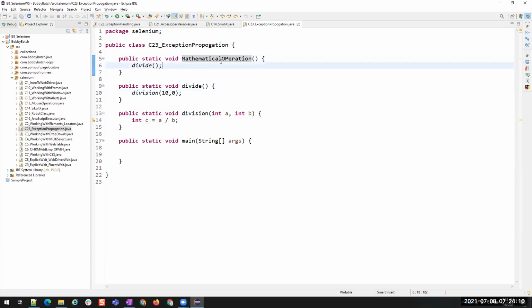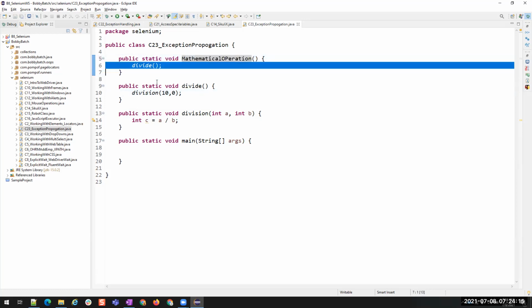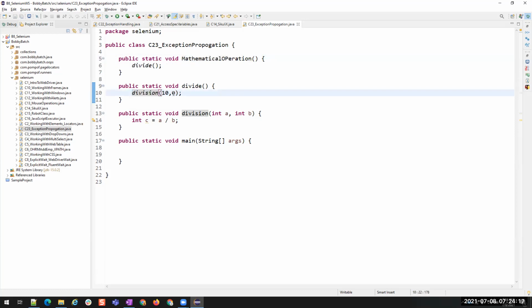There is a method called mathematical operation, which in turn is calling the divide method. In the divide method, we are passing the values, and then this divide method is calling the division method, where we have two parameters, 10 and 0.